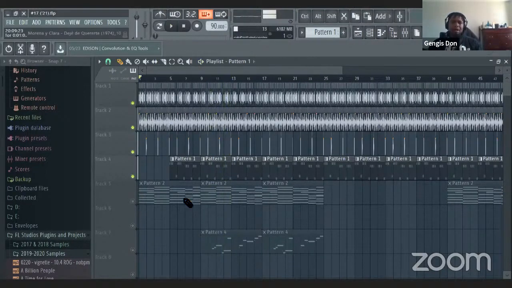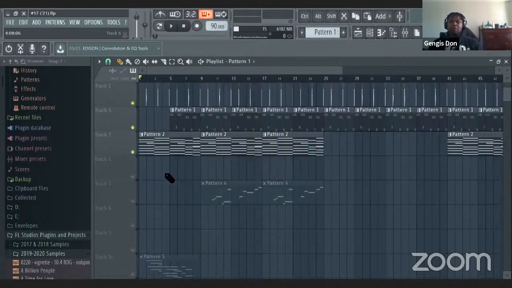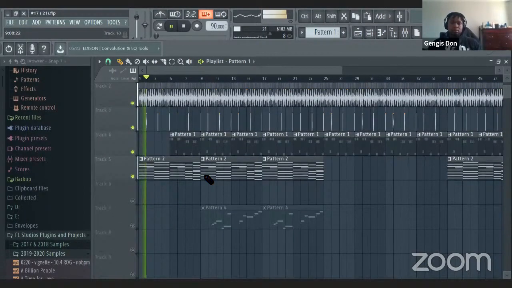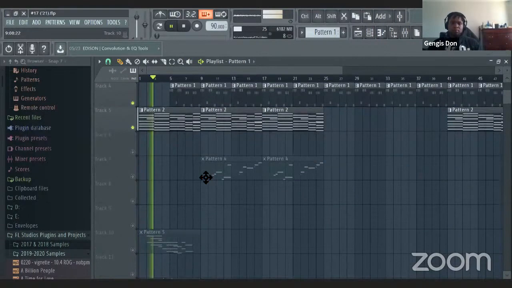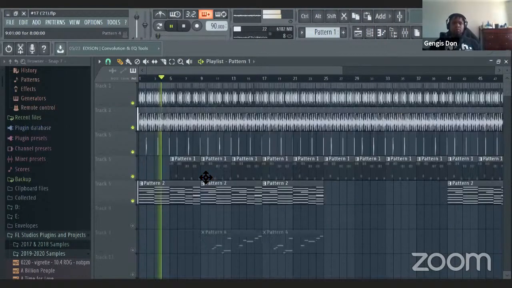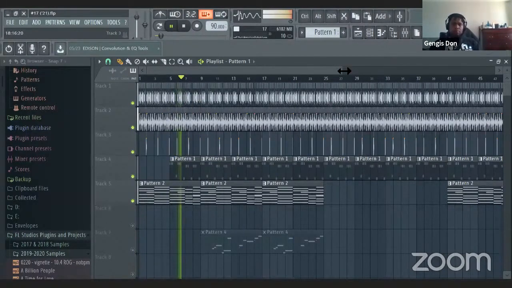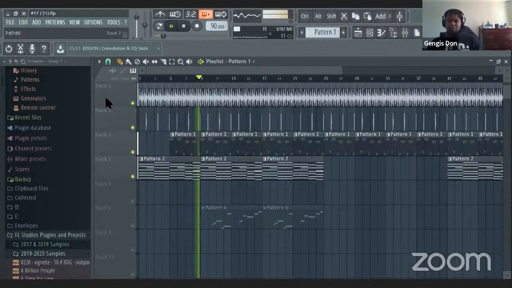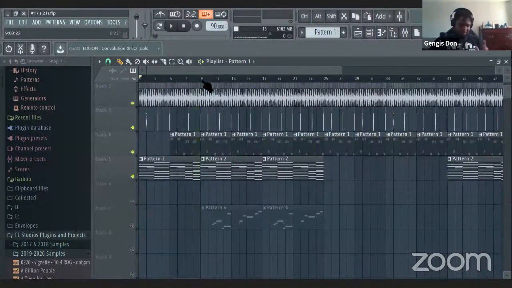So now let's add the harmony on top of it, the first harmony. Those 8 bars are essentially the intro section of the song.